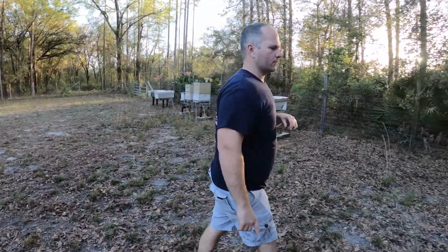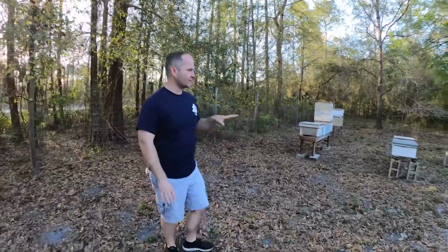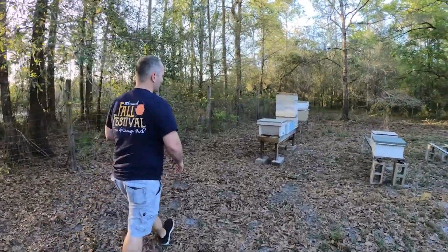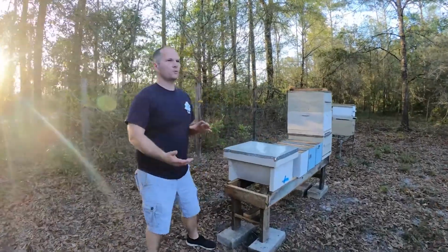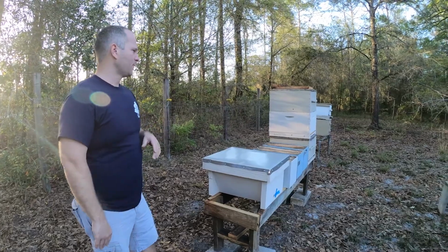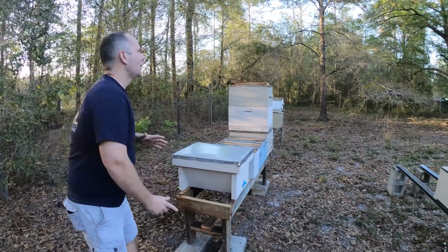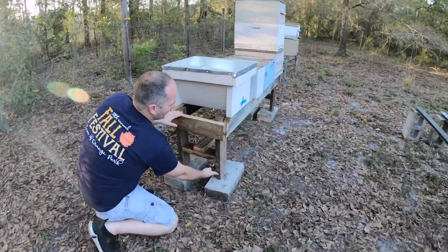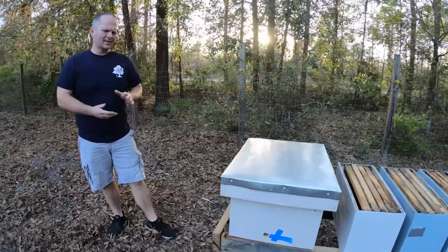So I want to take you over here and kind of show you, so we're not interrupting the bees. I have different kinds of hive stands here. What I used to do is a lot of these. So Florida, we have to worry about carpenter ants. They're one of the things that will destroy a hive quickly. That's what got me my first year. So what I did is I started doing elevated wood, and what's good about that is you can put that